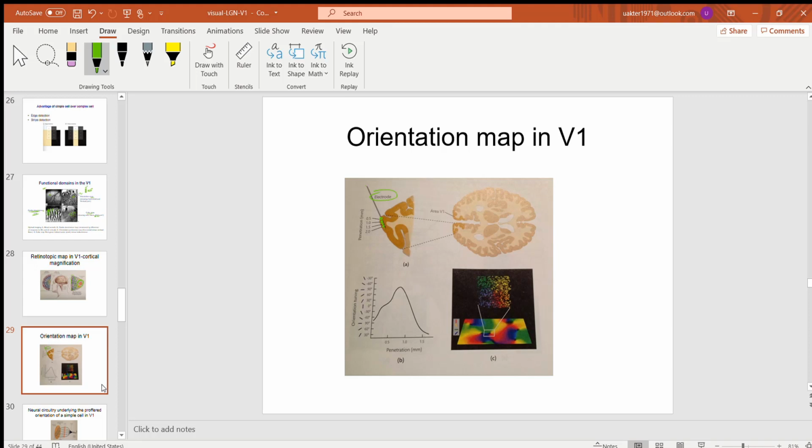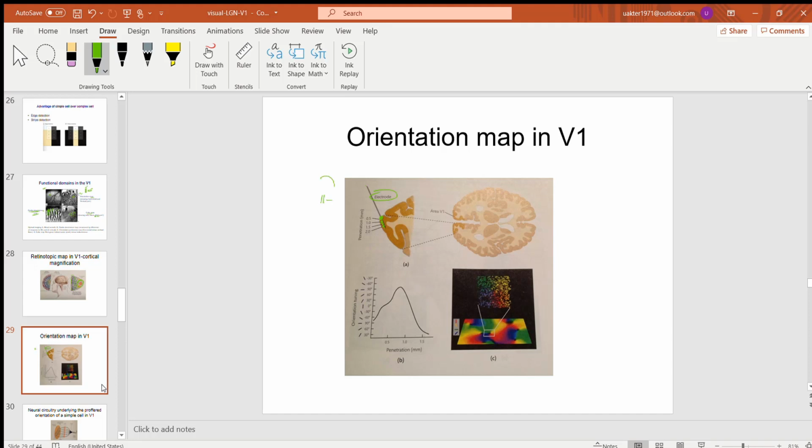So you first put the electrode here and record the activity of the neurons and present the stimulus at different orientations, changing the orientation on the computer screen, and you see that these neurons like, for